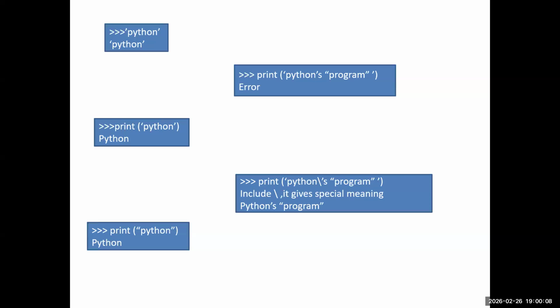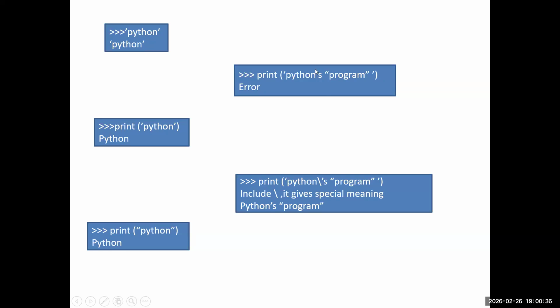Then you can mention the string using the print function. And using the print function, you can use double quotes. Then this is an error, as we discussed already. So if you want to get a proper result for this, so here